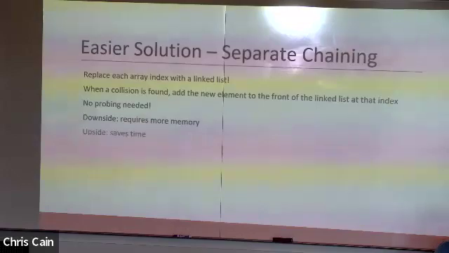But it can certainly save you some time. Because instead of resizing the table, you don't really ever have to do that, unless your longest list gets longer than you are willing to tolerate, because now you actually have to go search a smaller list. So as soon as either average list size or longest list size no longer becomes constant in terms of the size of the table, but starts to become proportional to the size of the table,